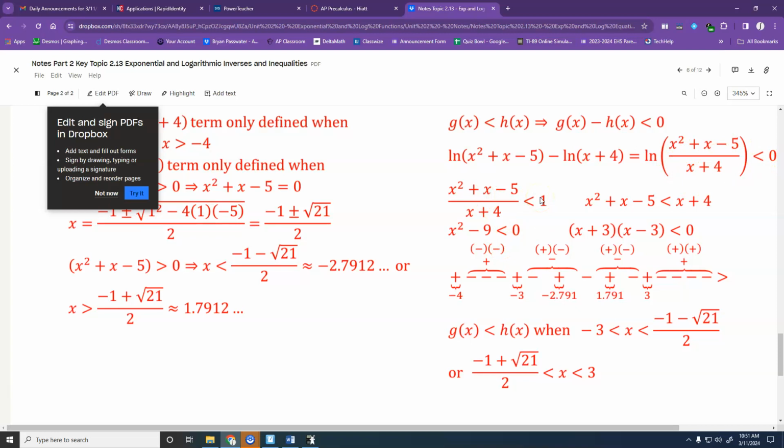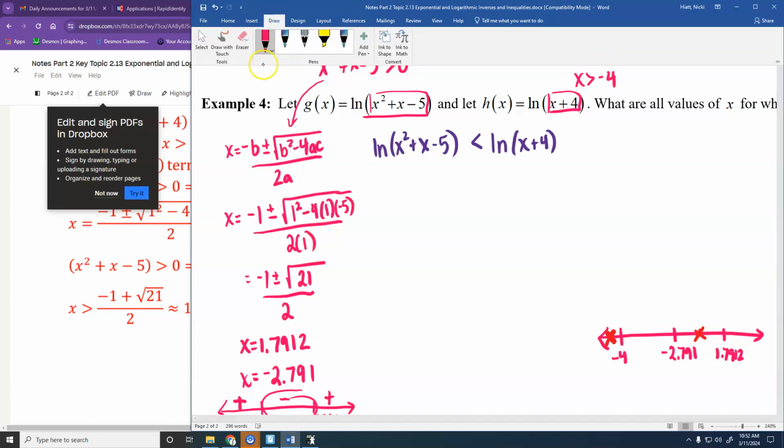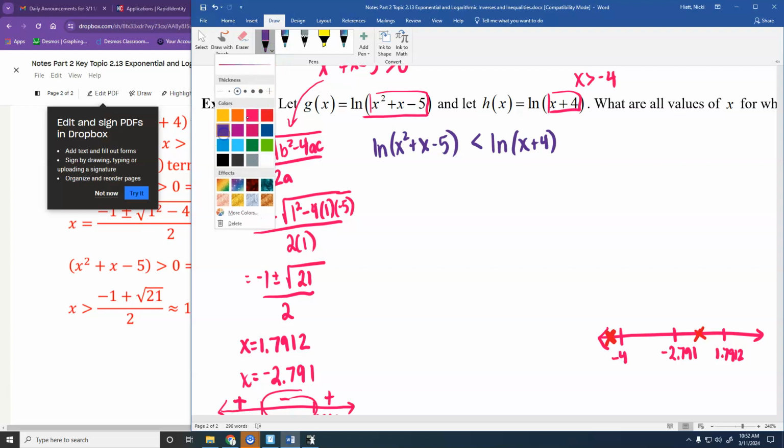It gave him a 1. And then he multiplied that x plus 4 times that 1, which is the exact same thing as dropping the logs. And I think that's going to happen every single time. Pretty sure it actually happens every single time. So, unless I find out differently, and I don't think I will, we could just go ahead and do